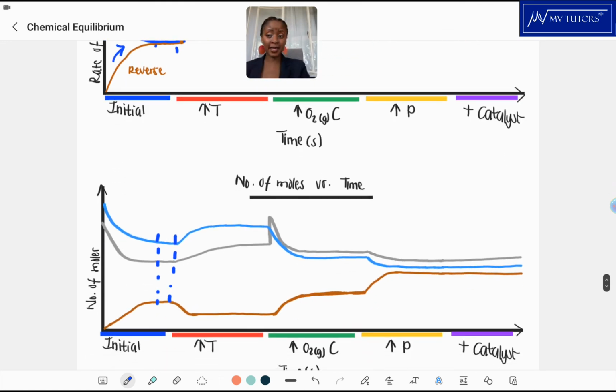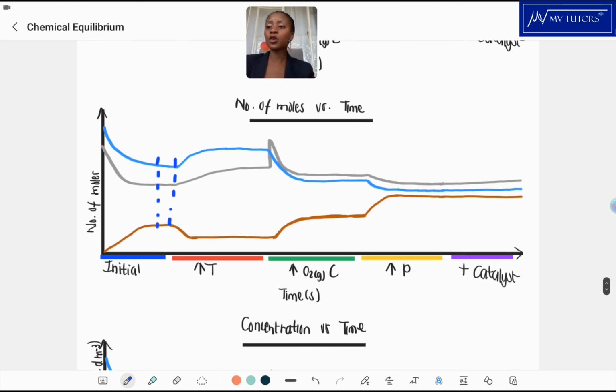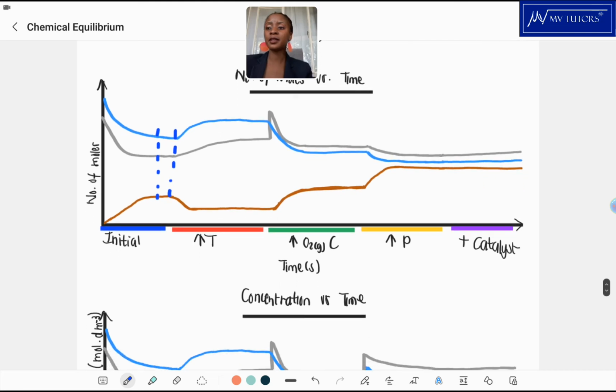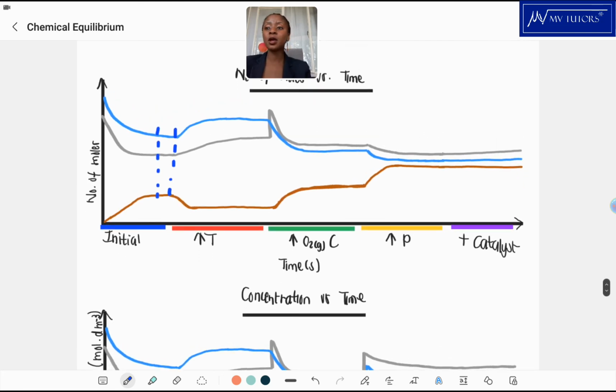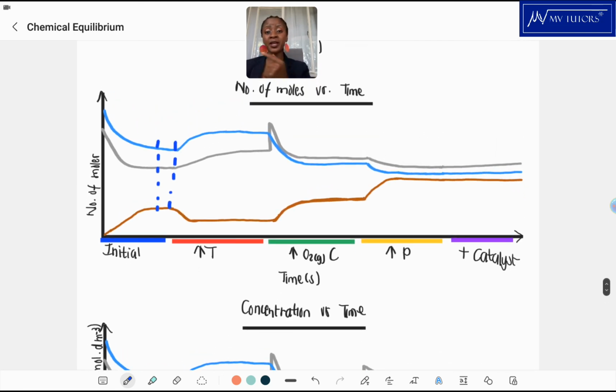Okay, like we said, your forward reaction is exothermic, meaning your reverse reaction is endothermic. So basically, your concentration or your number of moles, when it comes to reactants, because the reverse reaction is reactant favored, your reactants should actually increase, and that is why you see an increase there for